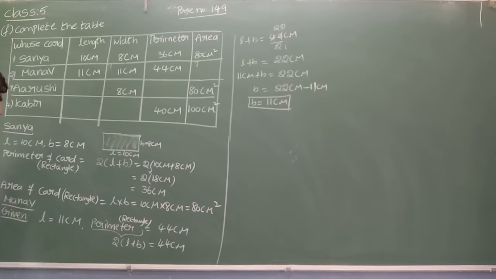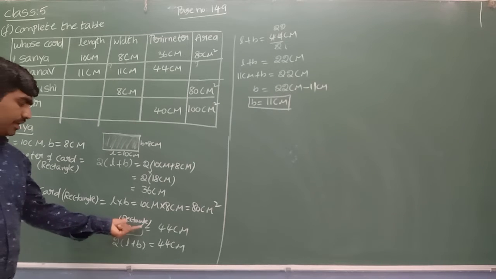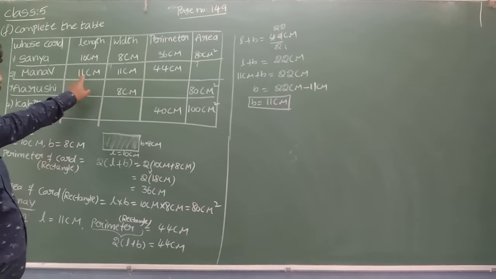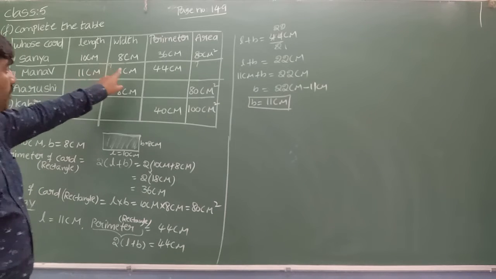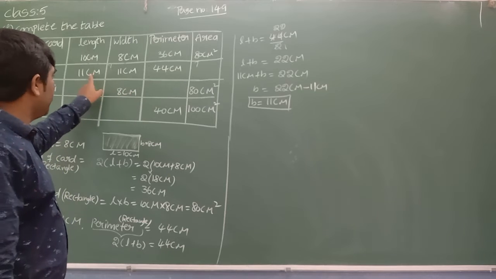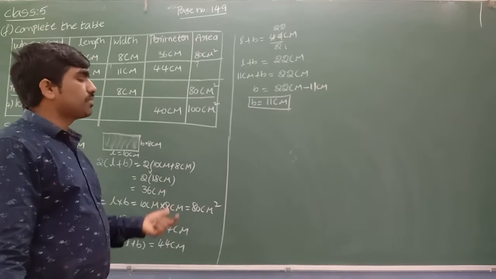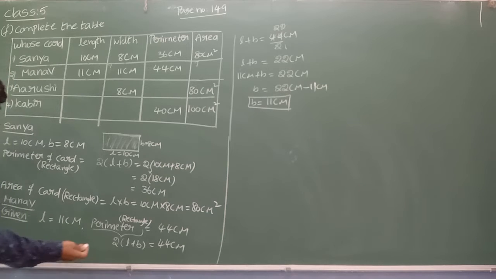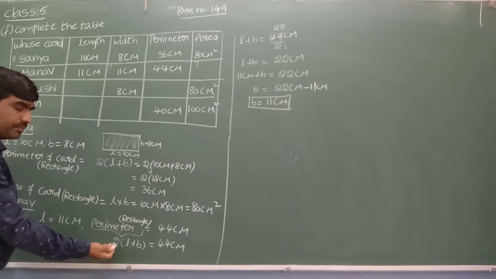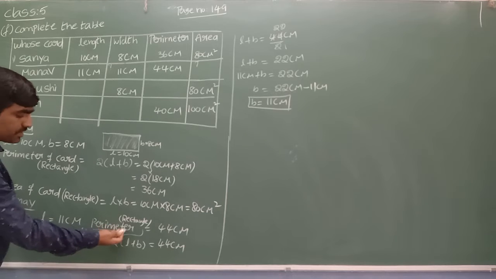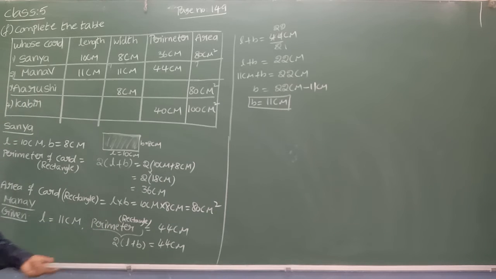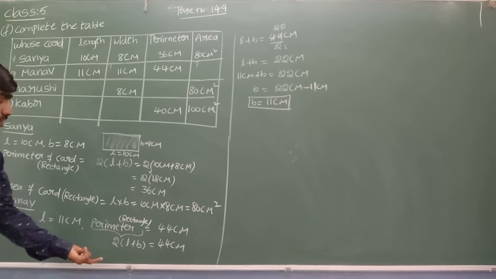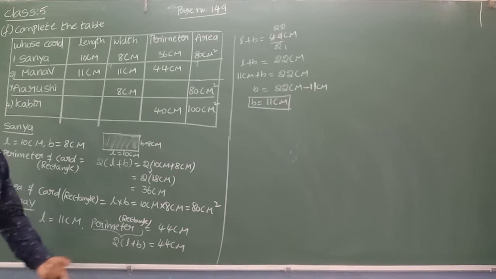Sorry, it is not a rectangle, it is a square shape, because the length is 11 centimeters and the width is also 11 centimeters. When length and width are the same, it is called a square. Here we took the rectangle formula, which just means taking the sum of all sides: 2 length plus 2 breadth, or we can take 4 into side also. But before that we don't know whether it is a rectangle or square.